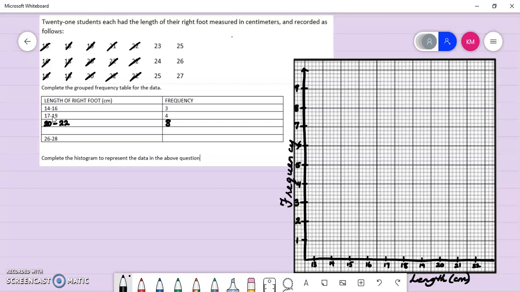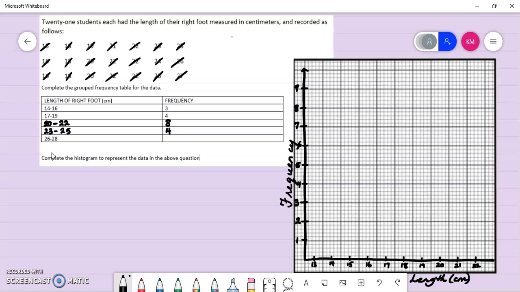My next class interval needs to include 3 numbers as well. It's going to start from 23, and that is going to include 23, 24, and 25. So it goes from 23 to 25. And notice my other class interval here starts at 26. So I know I am correct at this point. How many numbers lie in this interval 23 to 25? Let's check. 23, 24, 25, and there's a 25 there. So that's 4 numbers. 26 to 28,